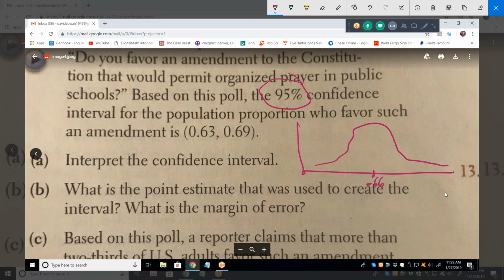So if I went out 2 sigma, they don't tell us what sigma is here, so we kind of have to work backwards. But let's say sigma is 0.01. I'm going to make up a sigma just so I can explain this problem a little better. That means if I were to go 1 sigma that direction and 1 sigma that direction, we know what this area is,